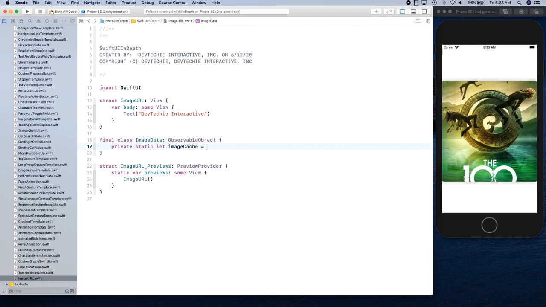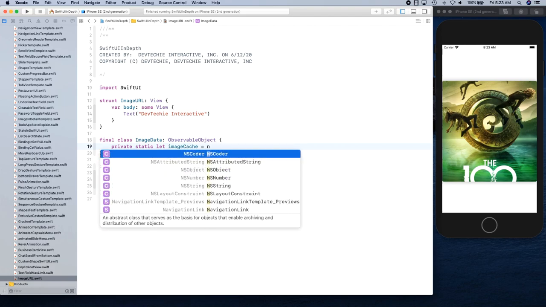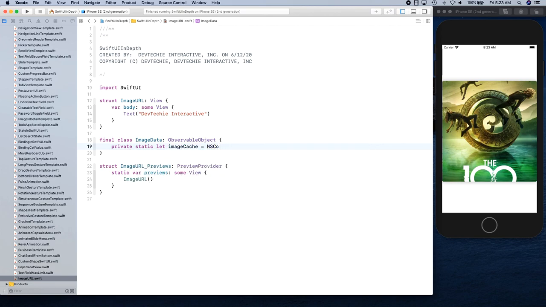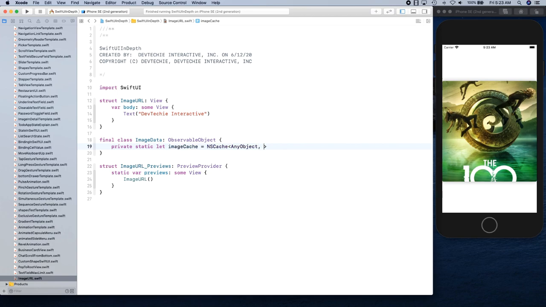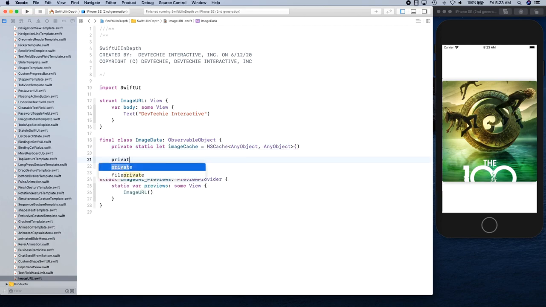We're going to create a cache so we don't have to download the same image over and over again. That way we can make our image downloading a little bit more efficient. So it's going to be an AnyObject type cache. We're going to accept a URL, so let's say url of type URL,